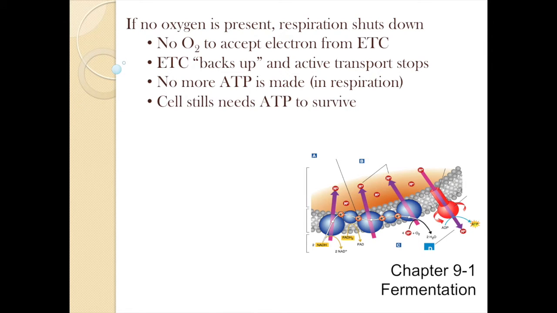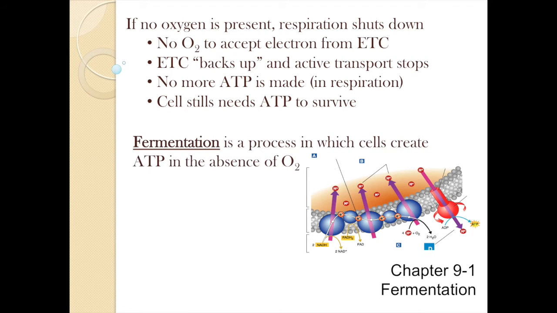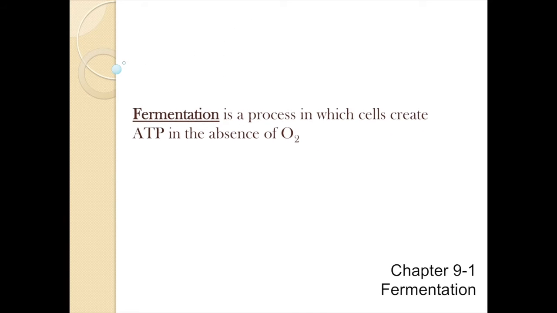So active transport would ultimately stop, and no more ATP is made, at least in the mitochondria. So what can happen is the cell has a backup plan that is going to allow it to make some ATP to, if you will, ensure survival, at least temporarily. And that process is fermentation. It's a backup process in most cells in which the cells will still create some ATP even if oxygen is not present. So it's an alternative to respiration. Now, some organisms rely entirely on fermentation, but those are certain microorganisms. Complex organisms like ourselves need that massive amount of energy created in respiration. So for us, fermentation is more of a backup process, but it occurs much more regularly than you may think.